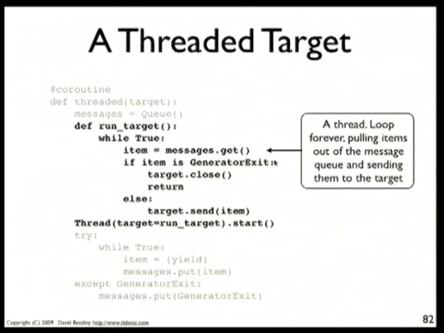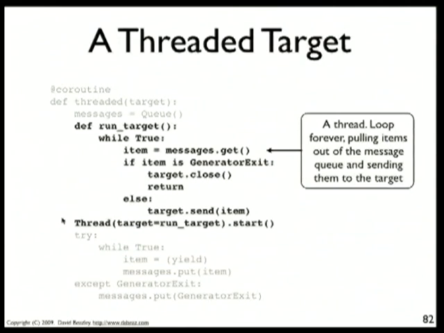So here it's basically saying, give me a message. This little bit of code here where it's checking for generator exit, I'll explain in a second. But essentially what's happening is this thing is just pulling off items and then sending them to some target. This target, it turns out, is going to be a coroutine. This statement here, thread, I'm basically just launching the thread. So this thing is basically going off into a completely separate execution thread and then just firing messages off